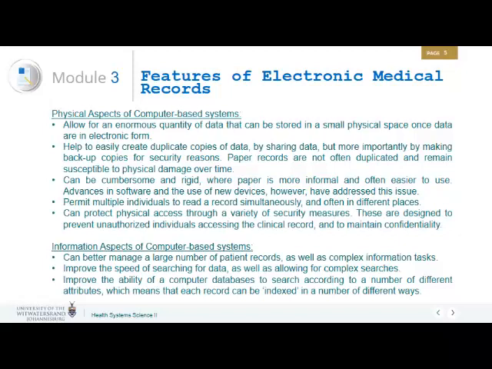track down one patient file that might be kept in a huge file room, here you can search very quickly and draw up that information. Similarly, you could look within a bunch of patient records to see what kind of information is coming out of those patient records. It helps us to improve the ability of a computer-based database to search according to a number